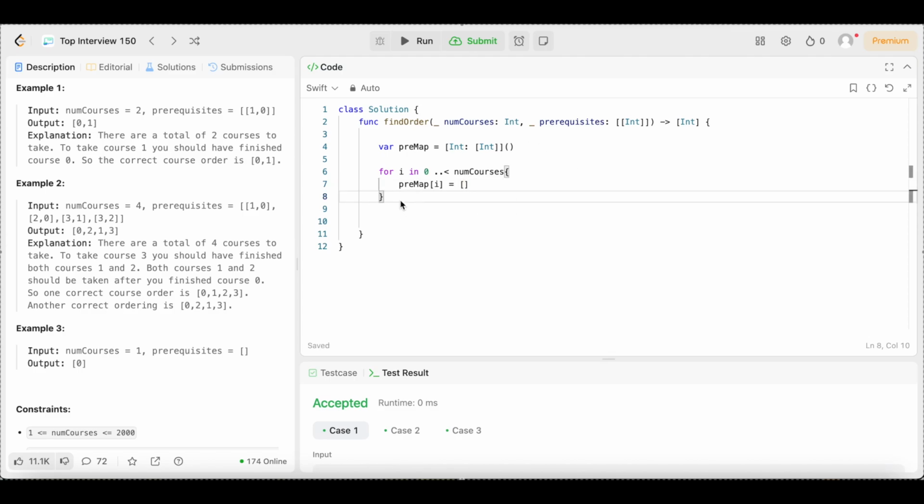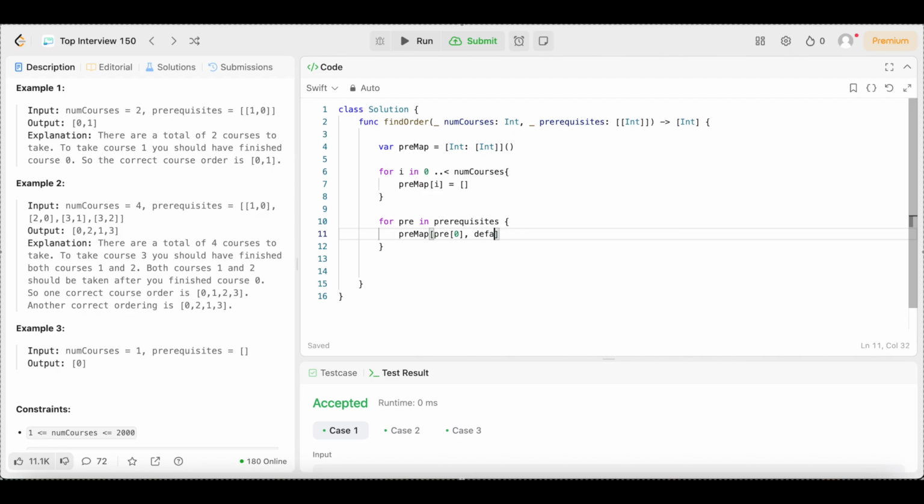So now after that, we're going to come down here and we need to populate the premap with the given prerequisites, right? So right now we haven't populated this, we just created this stuff. In order to do that, we are just going to say for pre in prerequisites, open up the brackets, we're going to say premap, open up the square brackets, open up more square brackets, 0, come outside, that's one square bracket, but still inside the other square bracket, the last square bracket, we're going to say comma,